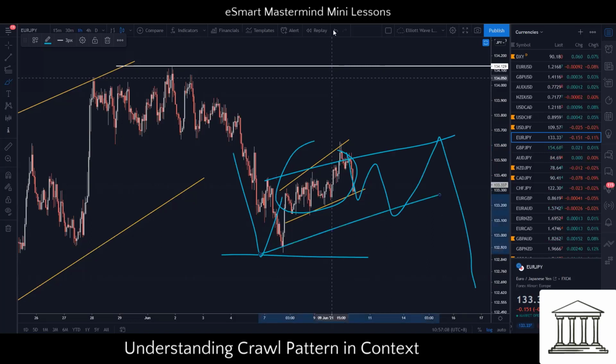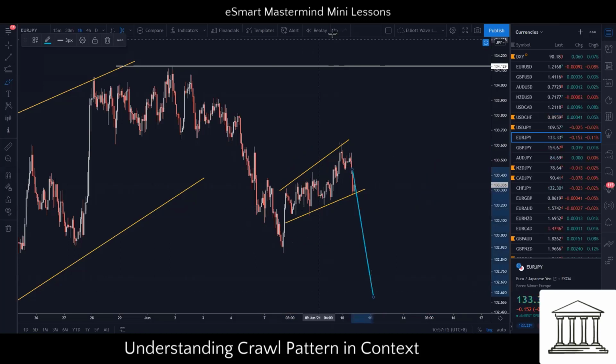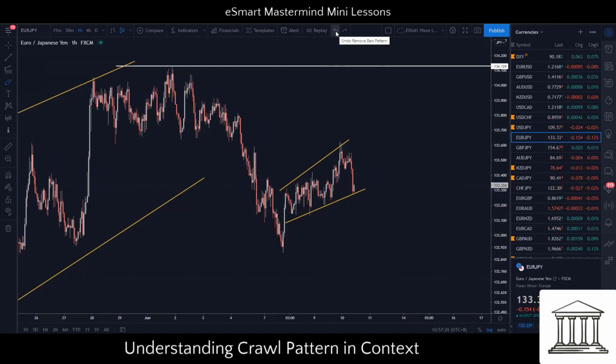Again, these are all probabilities, right? I can be absolutely wrong and this just drops like that. But the chances of this developing maybe one more push up first before the drop is slightly higher than this just dropping. So I think this is a good mini lesson on the context of a crawl pattern,